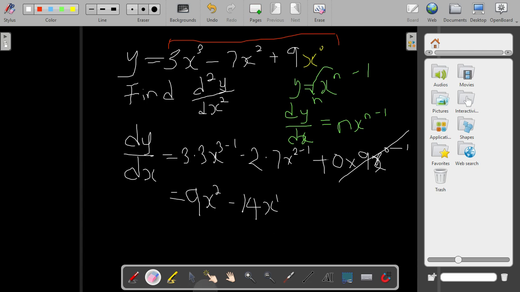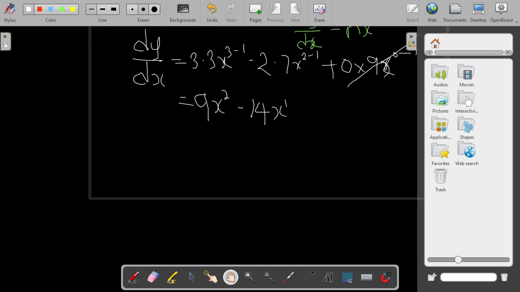Now the question is, how do I proceed to the second derivative, which is also straightforward. You come back to d squared y over dx squared. That means that the answer you get from the dy/dx, you differentiate it a second time. So in differentiating for the second time, with the same pattern we have applied above, this is 2 times 9, x to the power 2 minus 1,